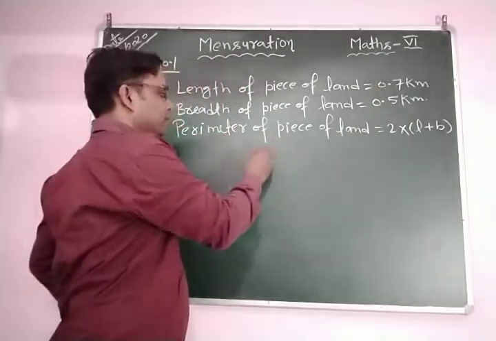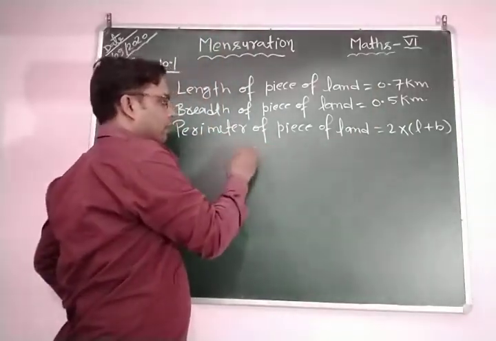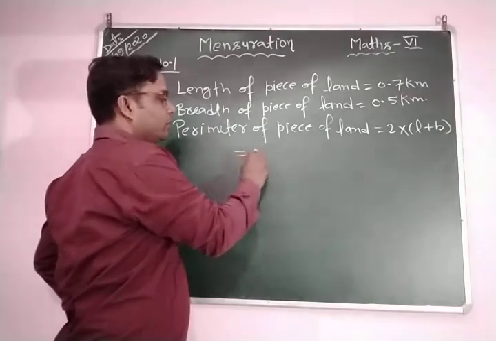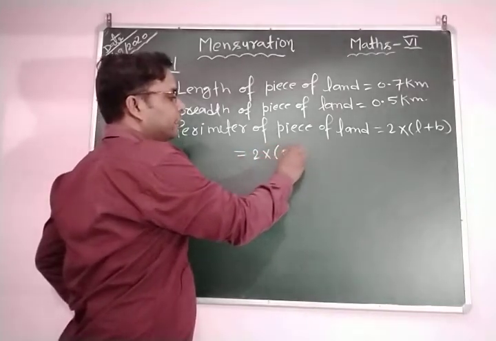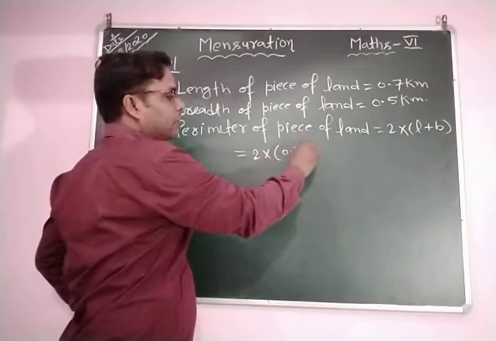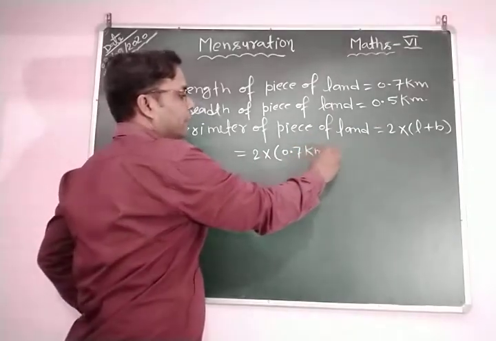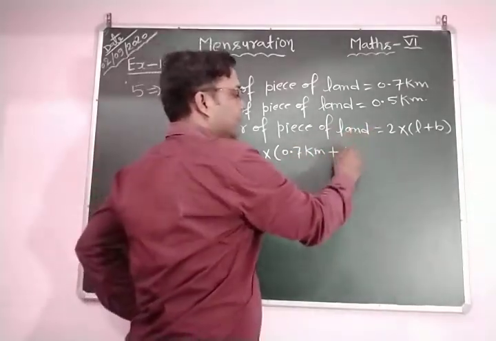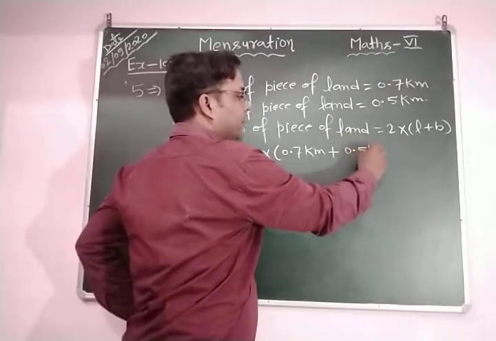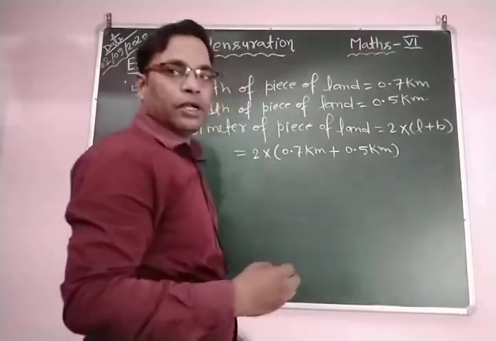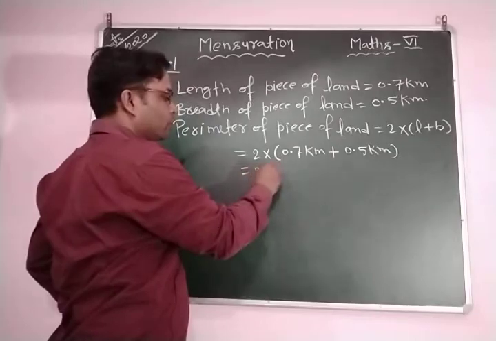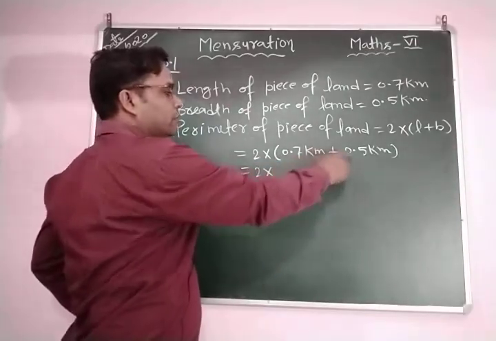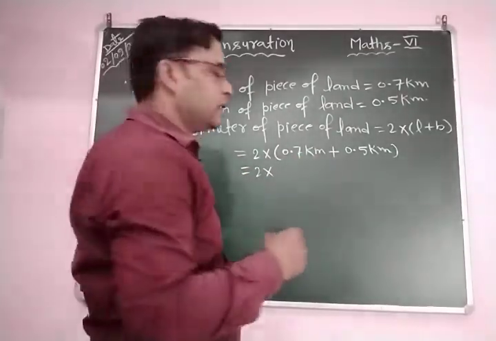So this is equal to 2 into (0.7 kilometer plus 0.5 kilometer). When we add them, 0.7 plus 0.5 becomes 1.2